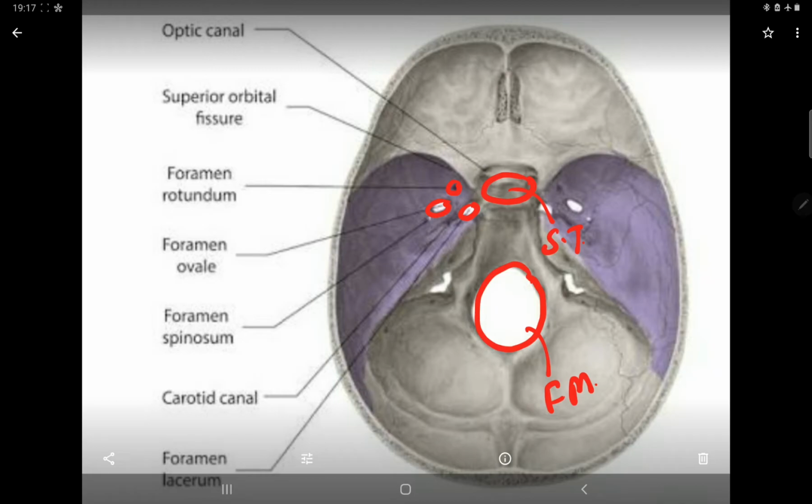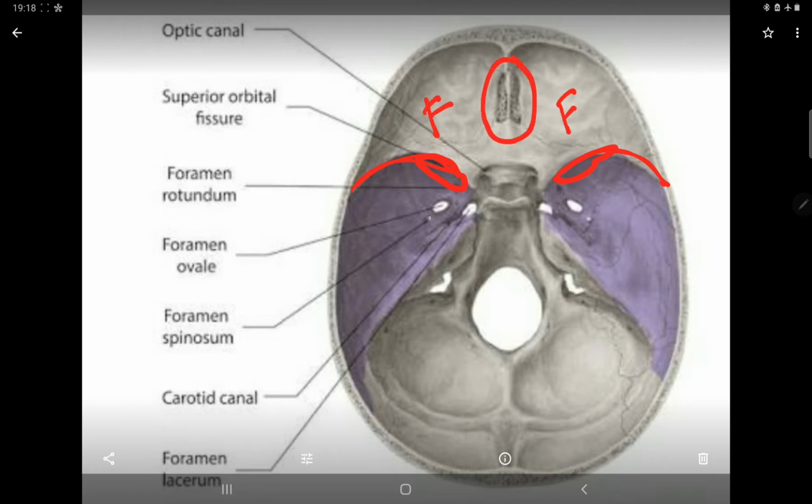And you can also see the superior orbital fissure, although it is not seen here properly. The superior orbital fissure is located on the lesser wing of sphenoid. This is the sphenoid bone totally. This is the lesser wing of sphenoid, and this is also the lesser wing of sphenoid. And this is the frontal bone. And what is this? This is the cribriform plate of ethmoid and crista galli here. So the cribriform plate of ethmoid, I'm writing E.